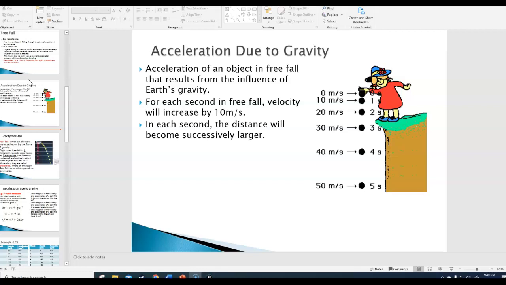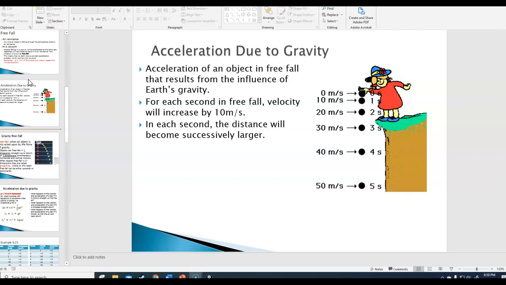Okay, so in the last video we started talking about the concept of free fall, which is when an object is falling only under the influence of gravity and there's no air resistance or anything like that. If you have a situation with free fall, then on Earth the acceleration due to gravity has a value of about 10 meters per second squared, meaning an object in free fall, regardless of its mass and regardless of its size, as long as there's no air resistance, is going to have a constant downward acceleration of about 10 meters